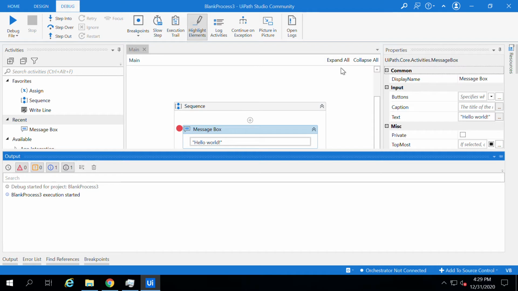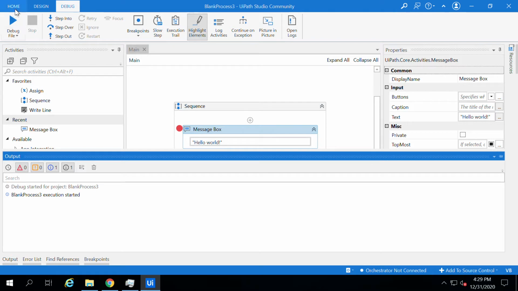In this video, we will walk through the different components of UiPath Studio. UiPath has different components associated with it. One is the ribbon, which you can see at the top, and then the activities panel, the project panel, the output panel, and the properties panel. In this video, I will go through the options available in the ribbon component.